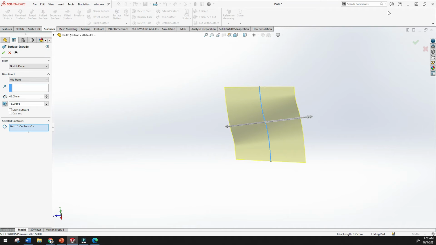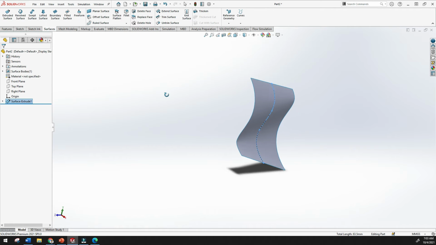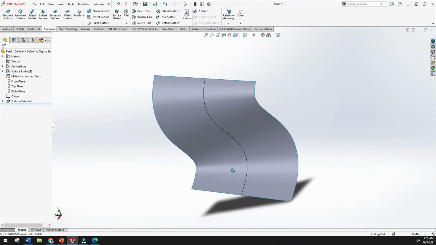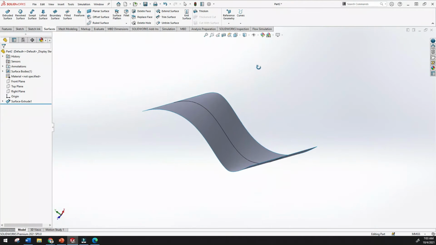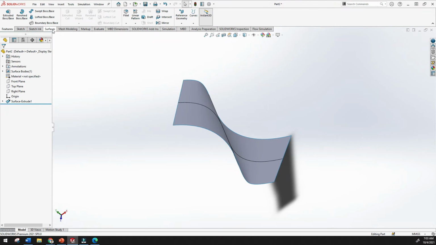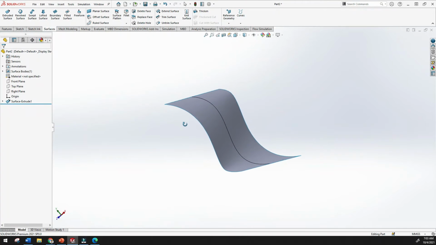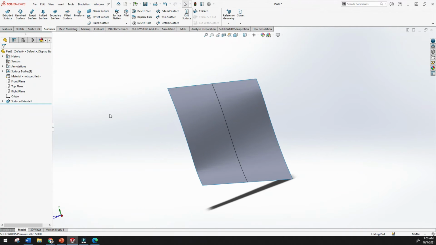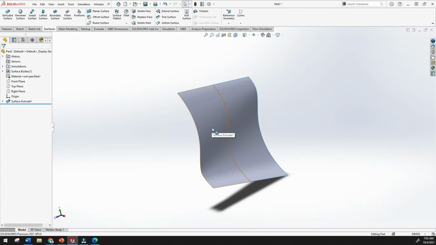And here you can also find help. Here it is. So there are two ways you can go and understand any tools. Okay, let me complete this. Just click yes, and wow, it finally created the surface. How beautiful. This kind of surface is very difficult to design in features, but in surface, any line can be converted to a surface. And later on I will tell you how to give the thickness and how to convert this surface to a solid model.